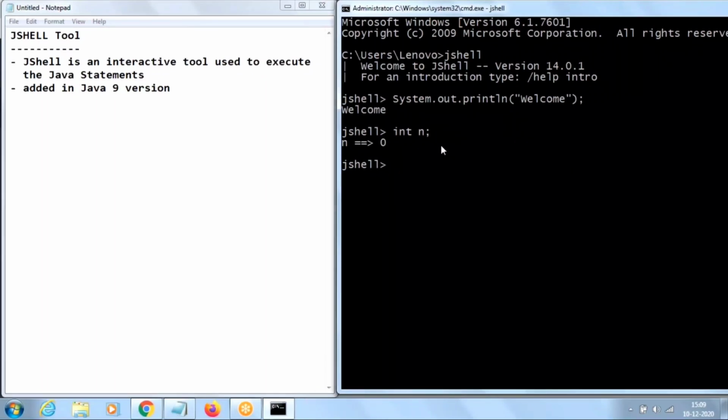It's a very simple interactive tool. One more example: for double, the default value is 0.0. For boolean, the default value is false. If you take String, since String comes under reference data types, for any reference data type the default value is null.